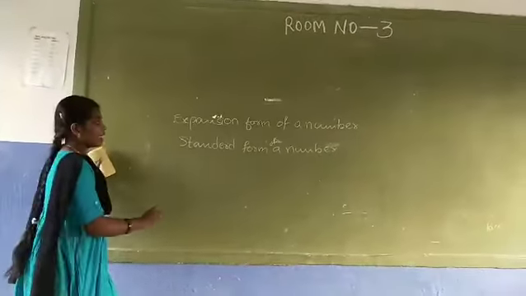In the examination, it is given like this: please write this number in standard form. That means we are adding these numbers. 732. The standard form of this number is 732. Standard form is nothing but adding the place values of each digit in a number. Let me take one more example.